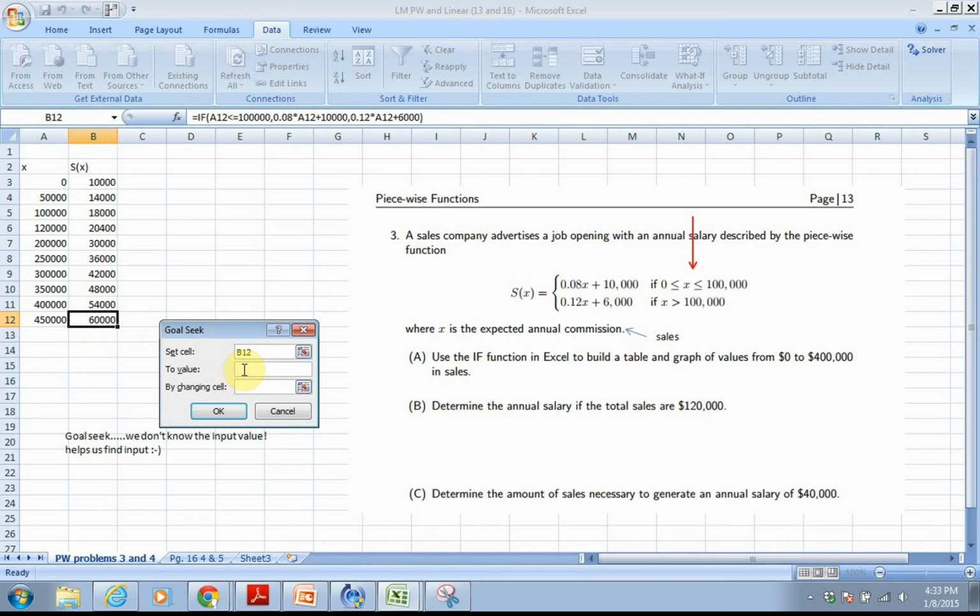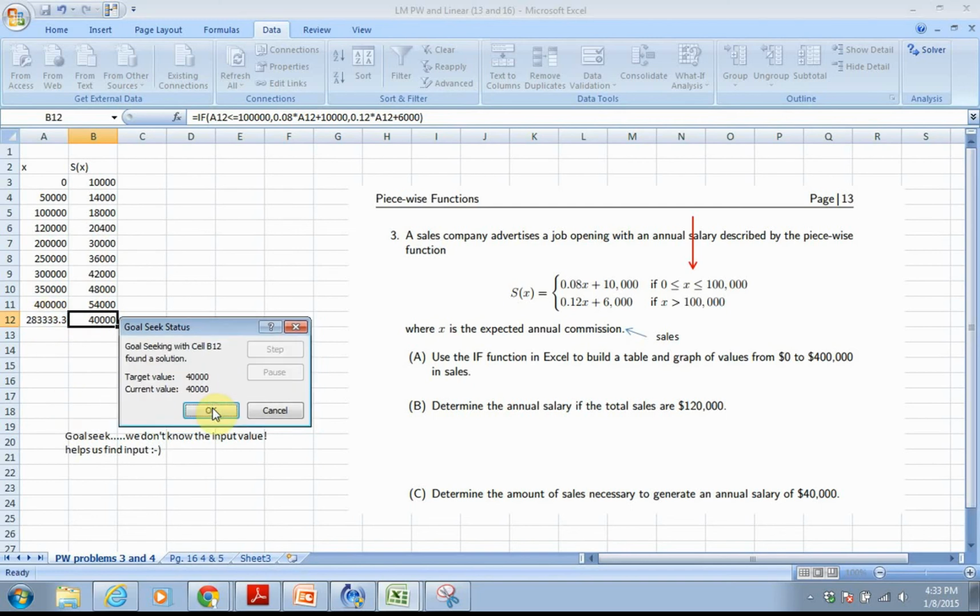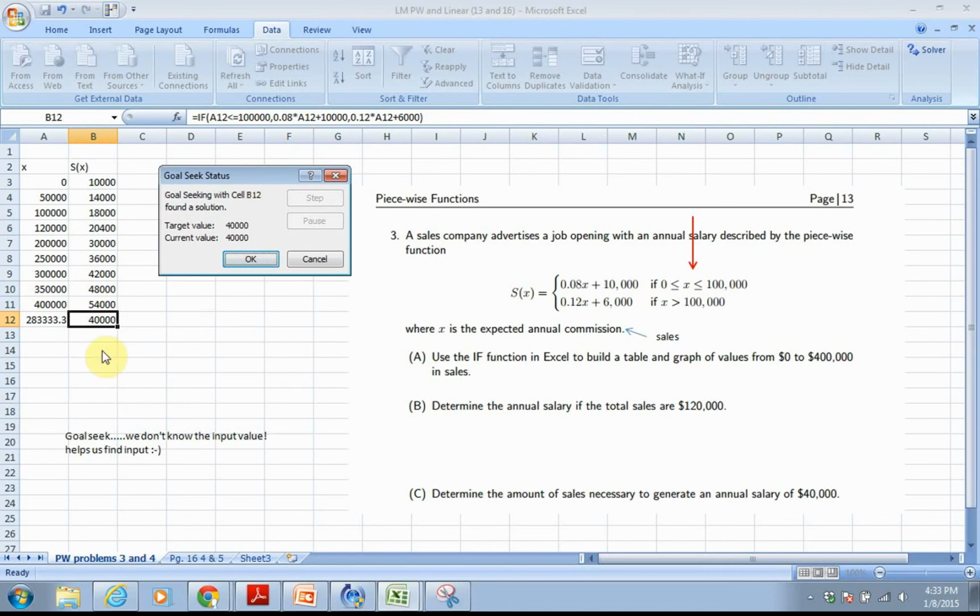The To Value is whatever value has been given to you that we know. So we know that the salary is going to be $40,000. The cell that we want to change is always the cell in the same row as that function value. So I'm going to click on 450,000, hit OK, and that basically says that to make a salary of $40,000, you would have to approximately sell